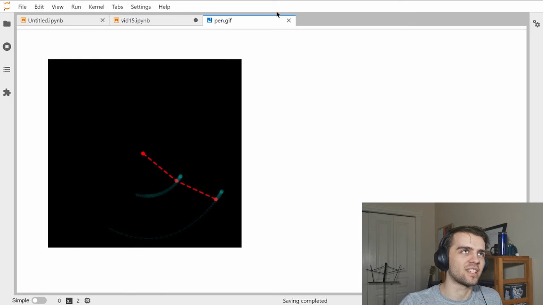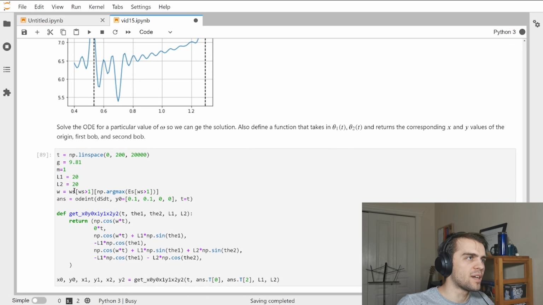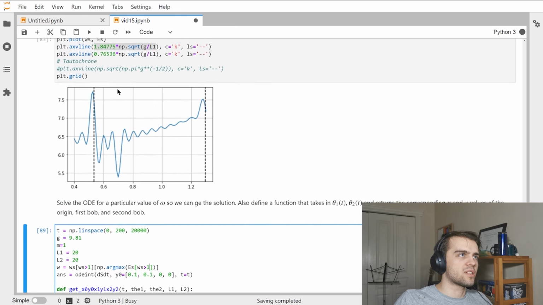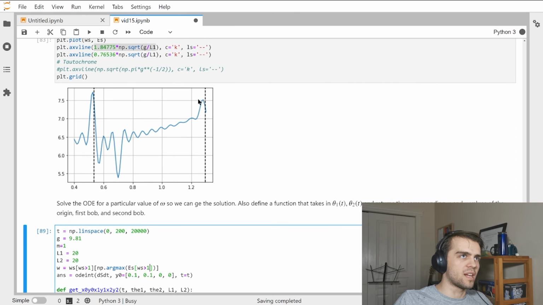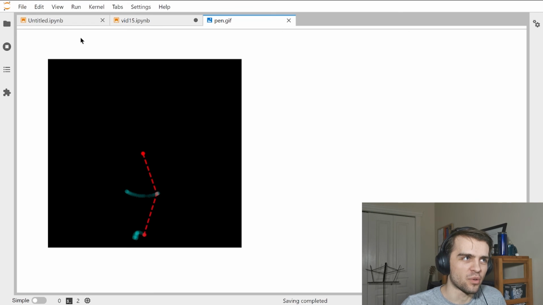because it's a little bit more interesting than this. Okay, so I've modified the code here so that we look at this peak here. If you're curious how I do that, this code used to look like this. I used to take the value of omega that corresponded to the max value of E, and now I say I only want to consider omegas greater than 1, and so I need to make sure I add that both here and here. And so this says it's going to ignore all these values, and it will take this maximum value here. All right, so now we have the second resonance frequency, and it's